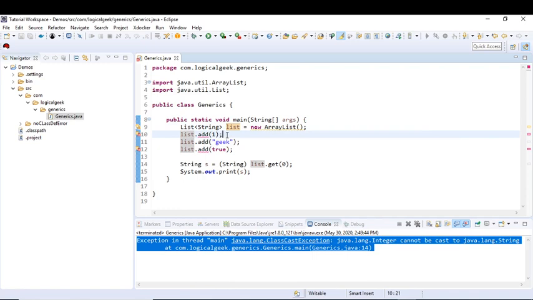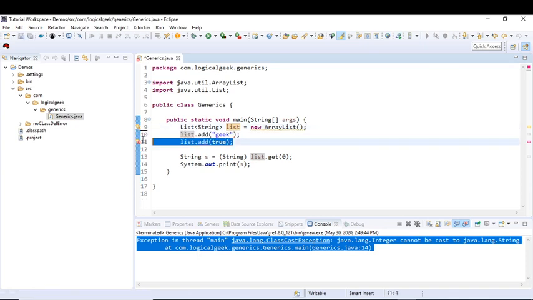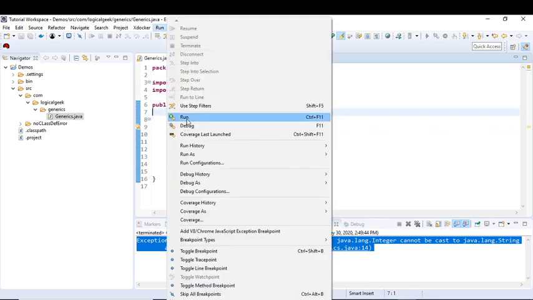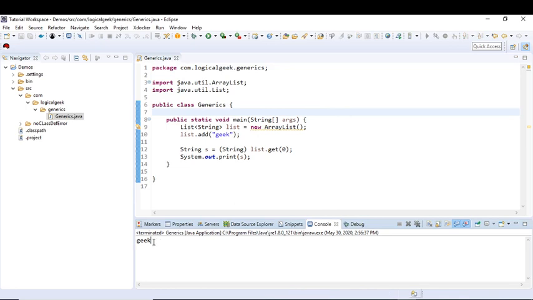So generics will now stop us at compile time. Now let us run this program. So now we know what we put in is guaranteed.